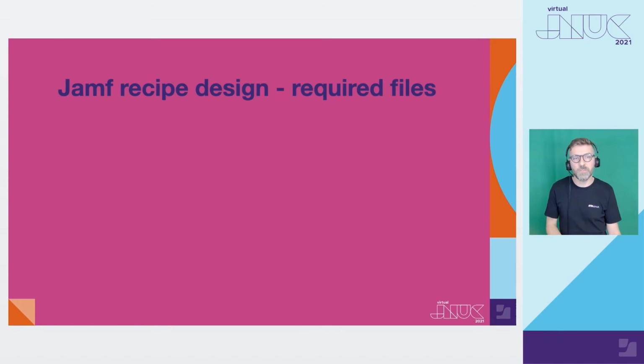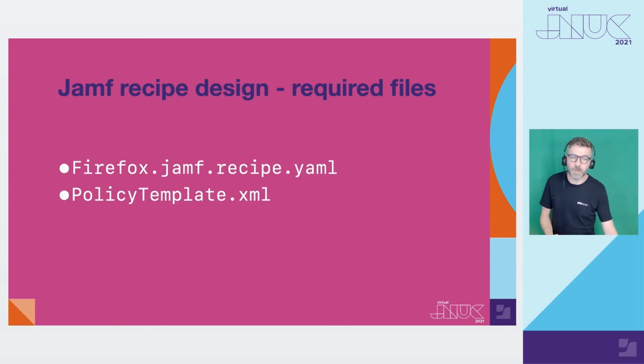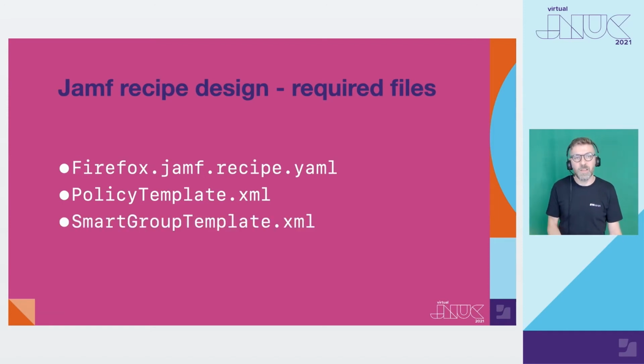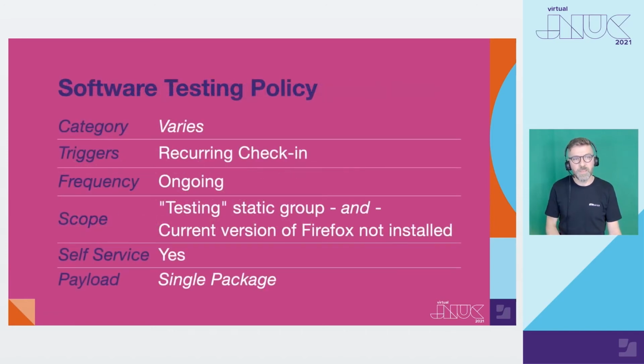Any Jamf recipe which includes a policy and a specific scope will need at least 3 files. That is, the recipe itself, an XML template file to populate the policy, as we saw earlier, and at least one smart group template file. Here, we're going to construct a recipe that creates a self-service policy scoped to any computer in a static group named testing, which does not already have the version we are uploading installed. This dynamic method of scoping means that you don't need to flush policies, because as a new version of Firefox is released, the computer will fall back into the scope because it still has the older version.